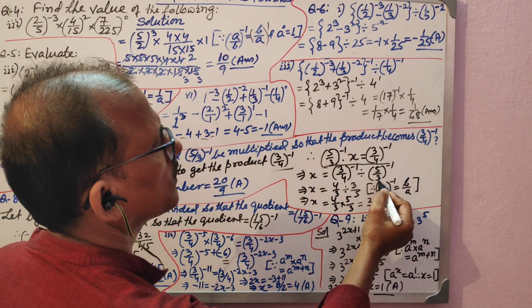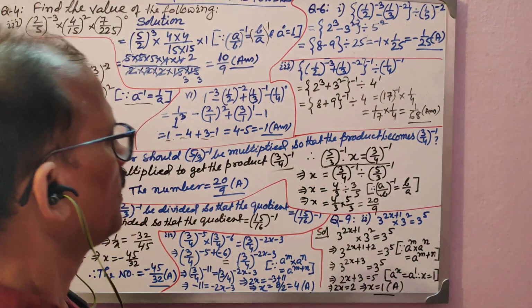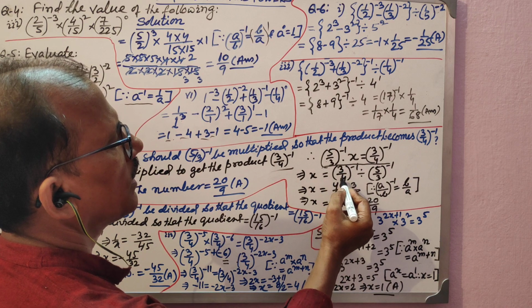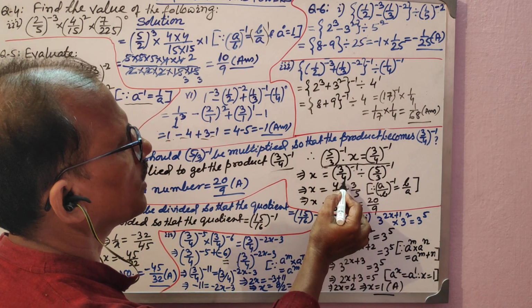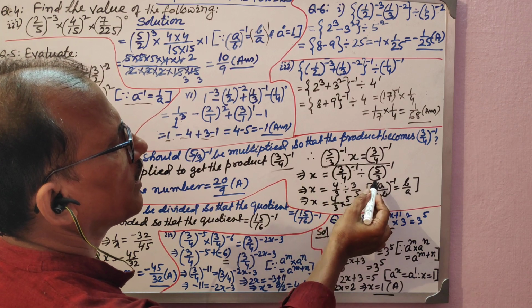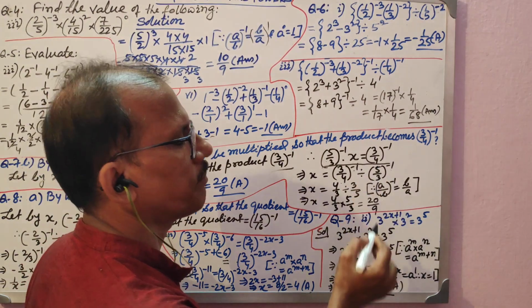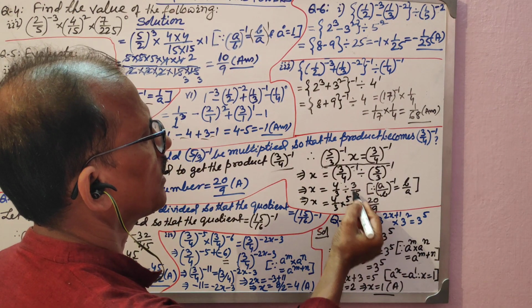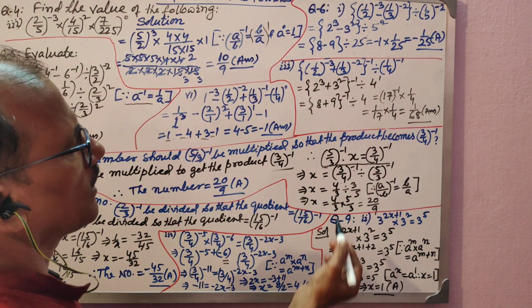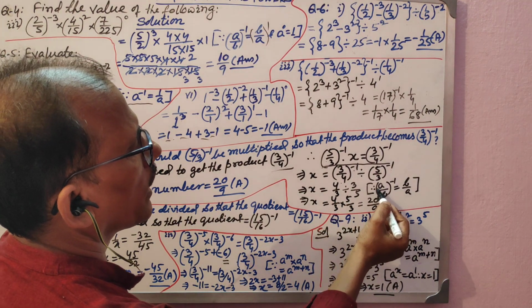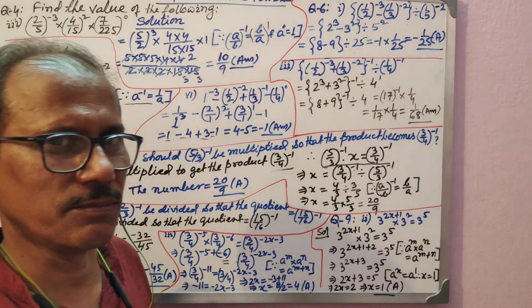So 5 by 3 raised to minus 1 has gone to the other side as a division. Now what will the x value be? This one has a minus power, therefore the base will be reciprocal, so it becomes 4 by 3 divided by, this is also having a minus power, so the base will be reciprocal, so the base 5 by 3 will become 3 by 5. The divide sign will not change now. You have written down the law: a by b to the power minus 1 is equal to b by a to the power 1, that is b by a.